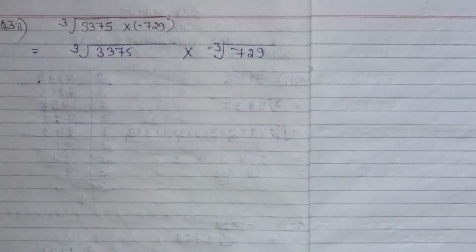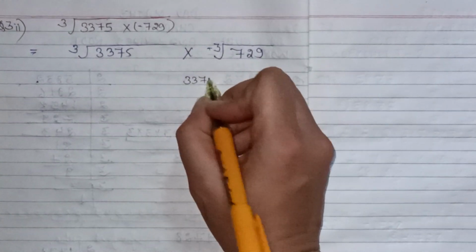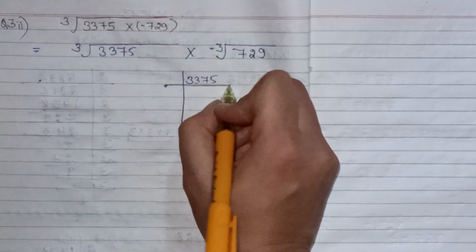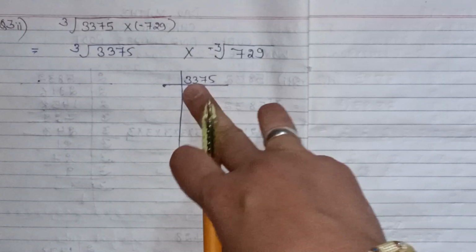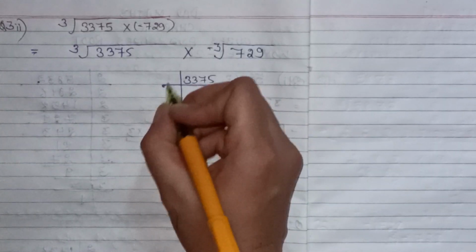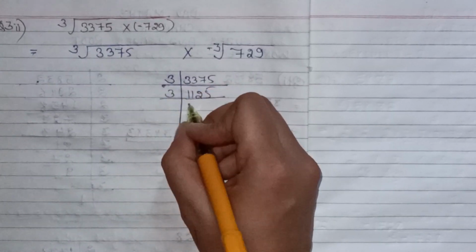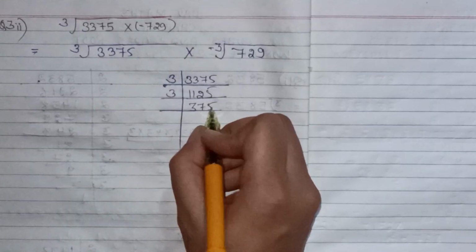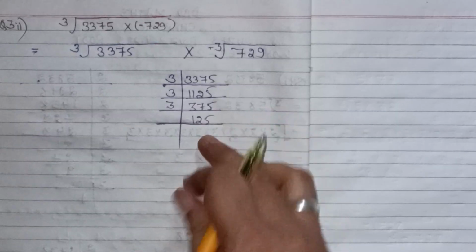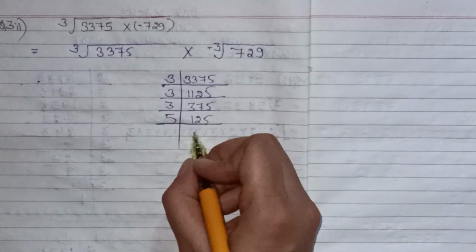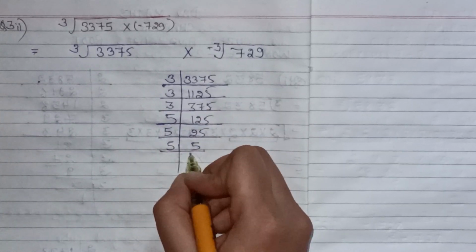So now we can start with our prime factorization. Let's do it. I write here 3375. We can do the prime factorization of this. Here 5 is an odd number. 7 plus 5 is 12, 12 plus 3 is 15, 16, 17, 18. 18 is divisible by 3. 1125. Then 5 6 7 8 9, again divisible by 3. 375. 12 13 14 15, again divisible by 3. 125. Then 5 at the ones place, divisible by 5. 5 25s are 125. Then 5 5s are 25 and 5 1s are 5.